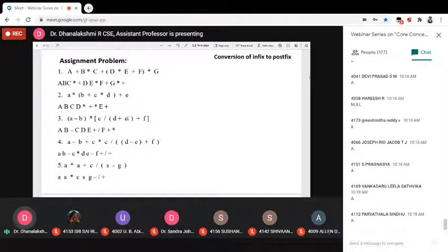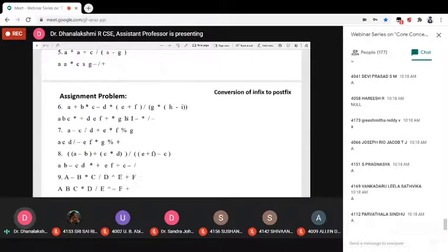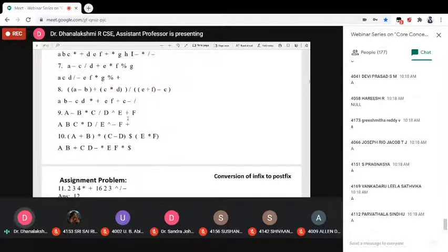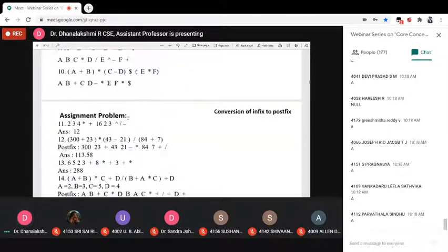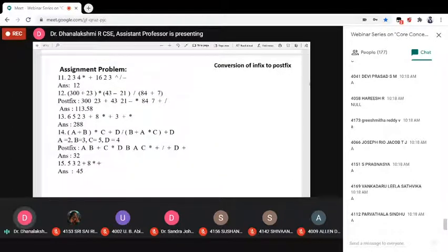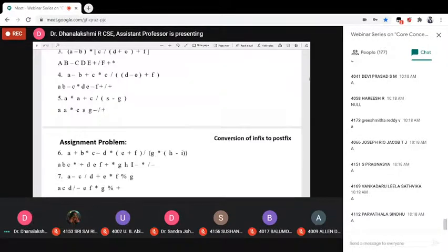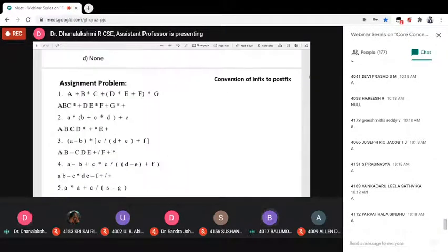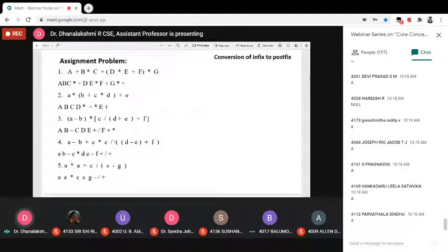These are the assignment problems I have given. 10 problems in infix to postfix conversions. Then for postfix evaluation I gave 5 problems. Yeah, you just take the screenshot. Verify this answer with your answer.